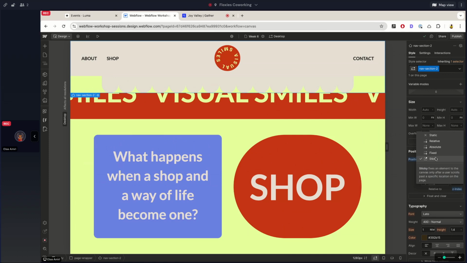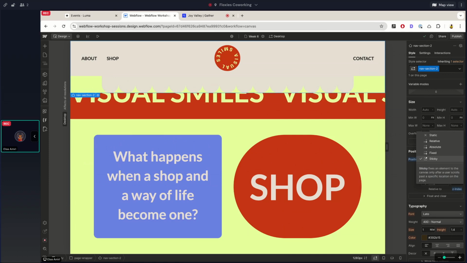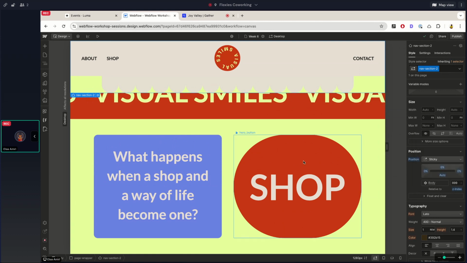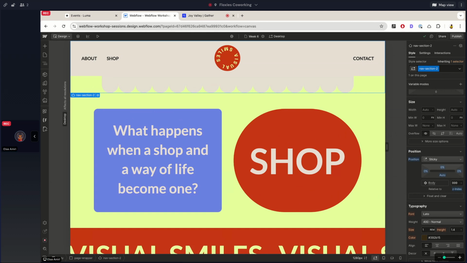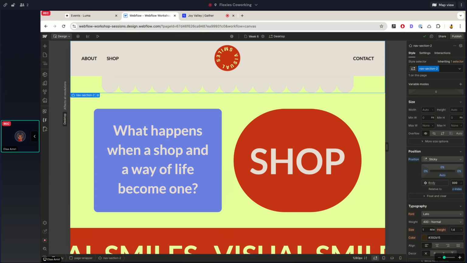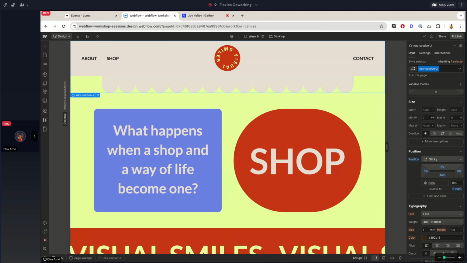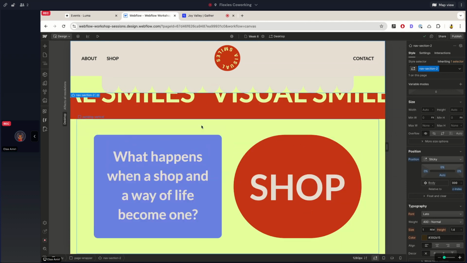In the same way as fixed positioning, it fixes an element on your page. However, only until the user has scrolled past a specific location. So for example, if you use it on your navigation or on any element that is supposed to be fixed throughout the page, then it's hard to really notice the difference between sticky and fixed. Besides the fact that fixed is almost like absolute, where it ignores everything else on the page, but sticky doesn't. The elements behave in relation to one another, so it takes up space. However, if we were to build, for example,